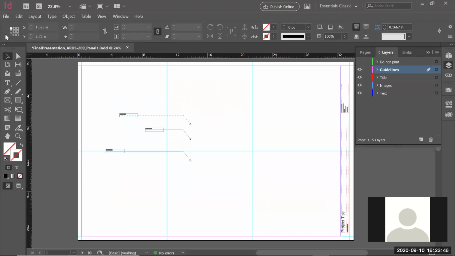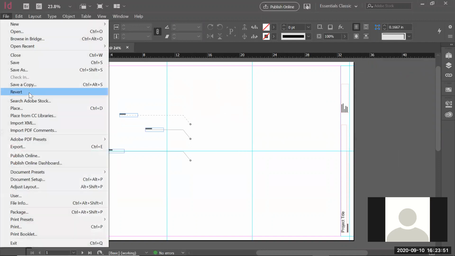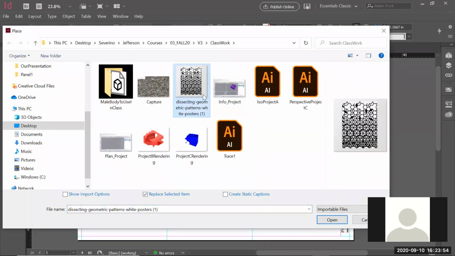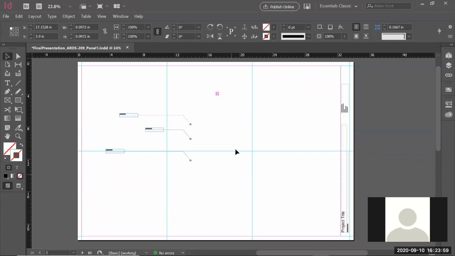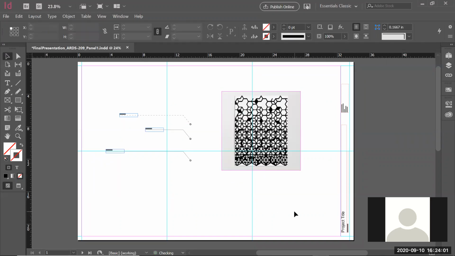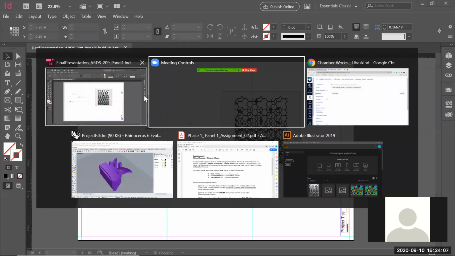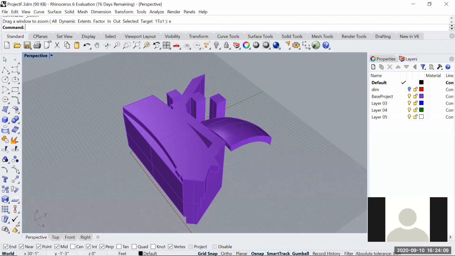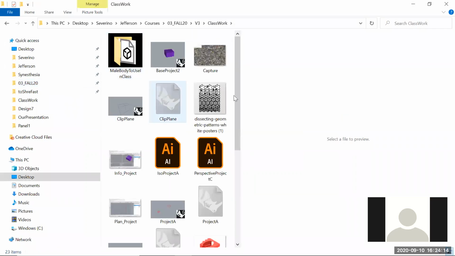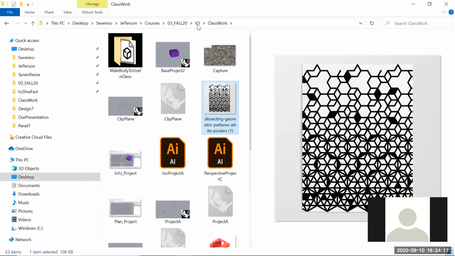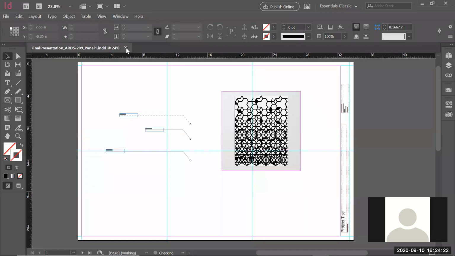One thing that is important is the idea of links, and that's actually the most important thing. If I place this image, which is in this folder, and I place it here, and I save this file, I'm just going to show you where it is in my computer. It's actually right here under the folder B3 classwork. Okay, so if I actually close this file